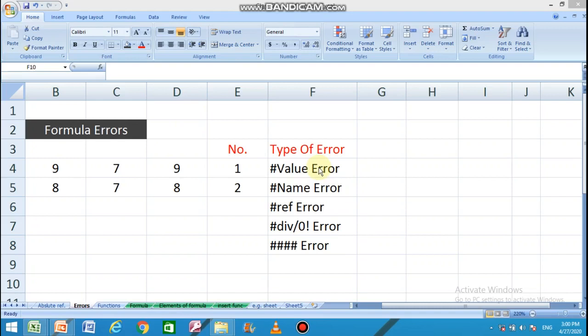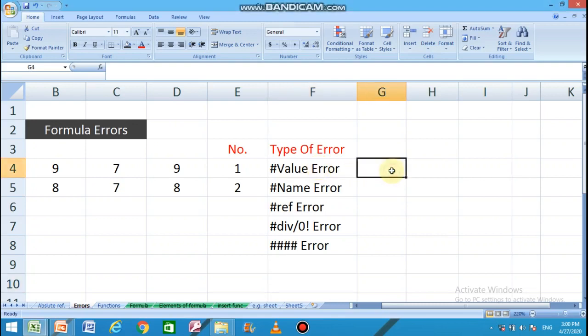Hash value error. The hash value error occurs when the formula contains invalid data. For example, let me show you. Suppose I want to add 9 and 7. The cell address of 9 is B4 and 7 is C4. Let us type the formula equals to